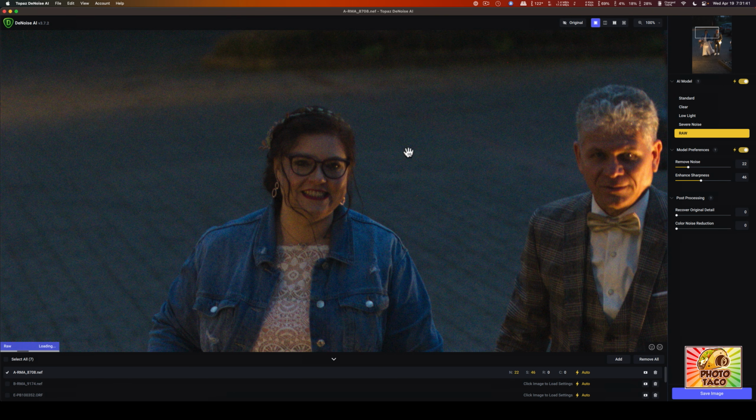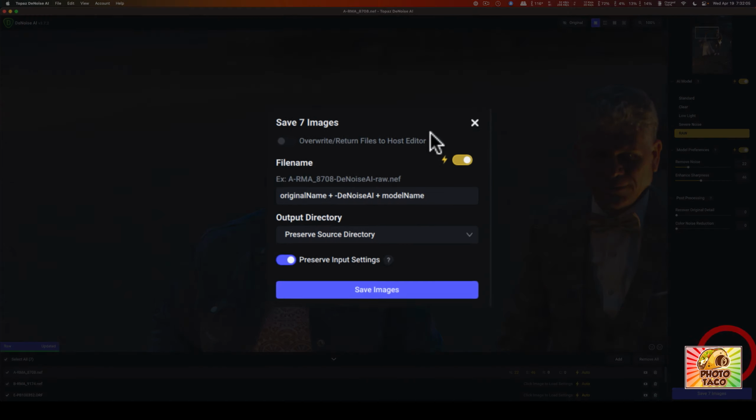And again, it chose raw and it chose remove noise and enhance sharpness. You can see kind of a preview of what that's going to look like here. We could fine tune it if we decided we needed to, but we're going to select all 7 images. They are all set to do auto everything. And that's what this whole thing is. We're going to do this as fast as possible. So all 7 are going to the computer's going to do the work, and I'm going to save the 7